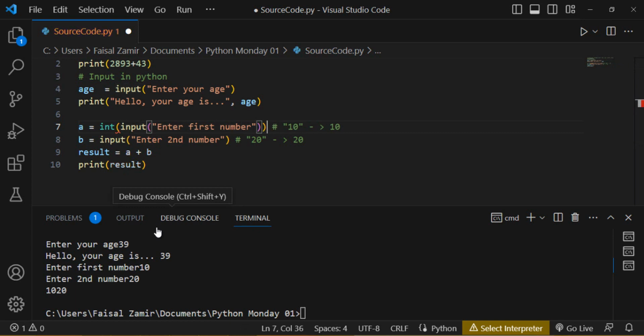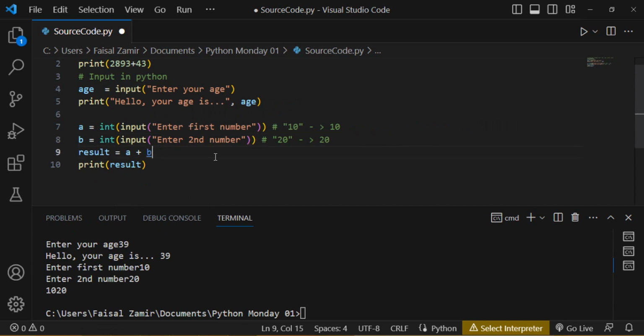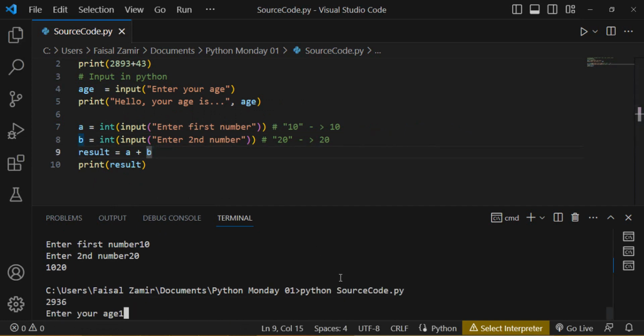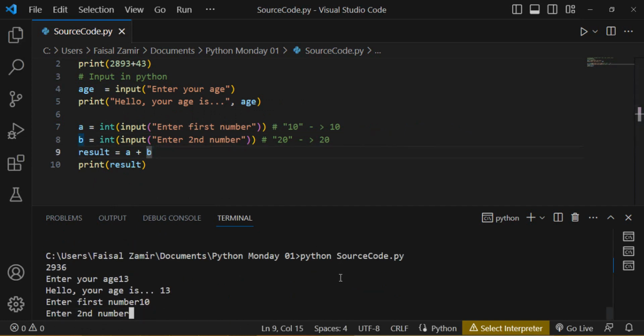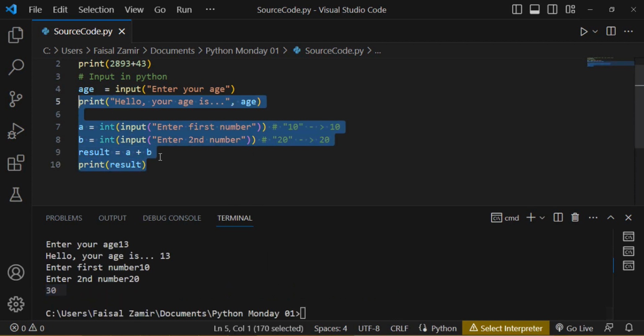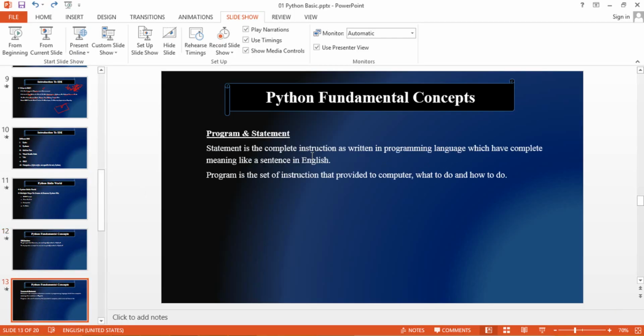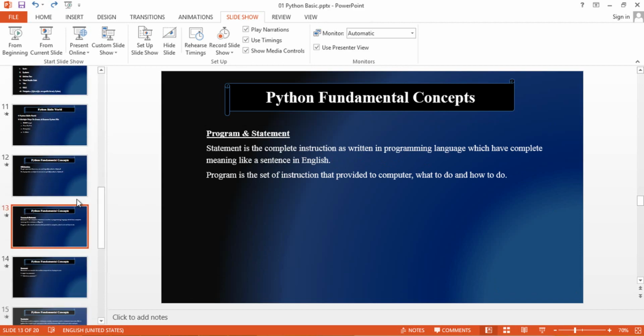The int method is used to convert any string to an integer. So enclose this in parentheses, and then I want to try again. This is 10 as the first number, 20 as the second number, and now 30 is showing here. So this is all about the input function, and the print function is used as the output function. Now I want to share with you how we will cover